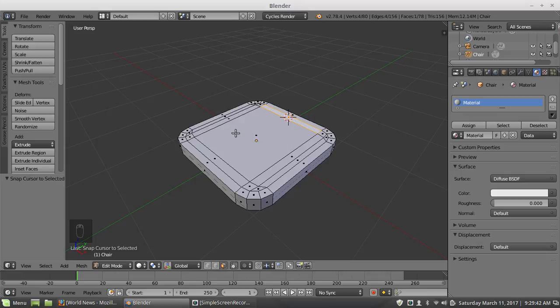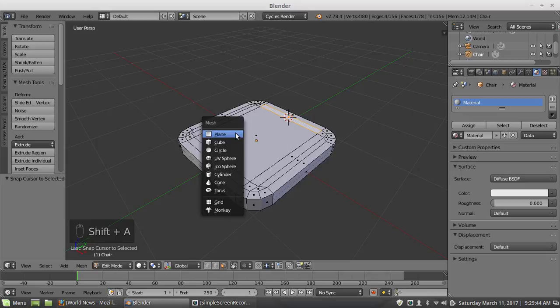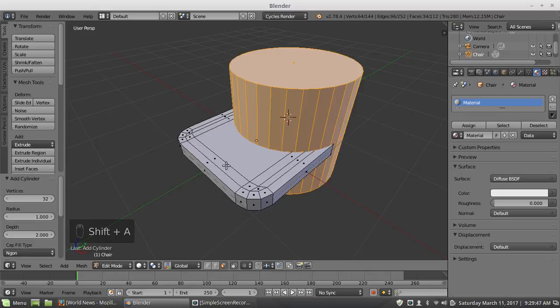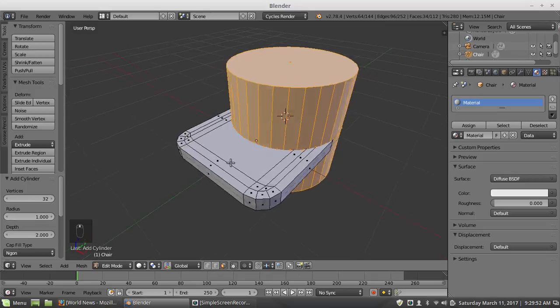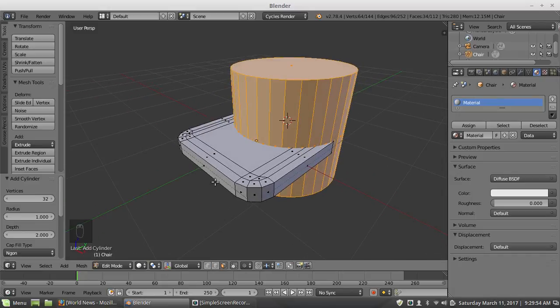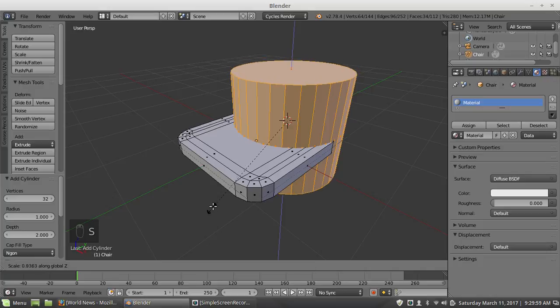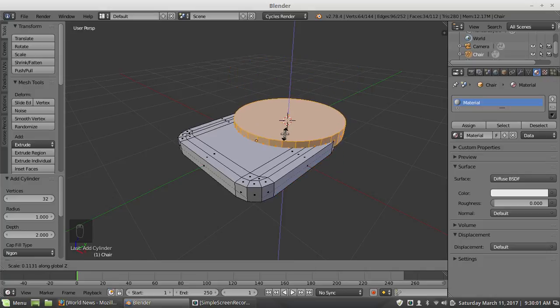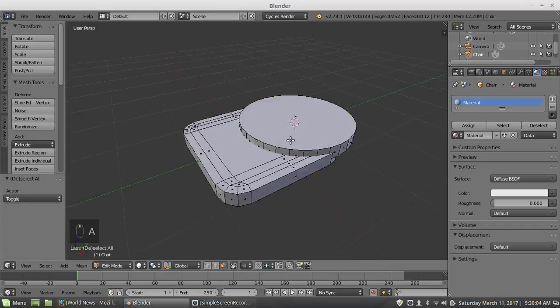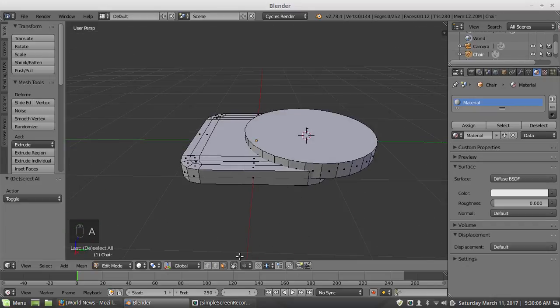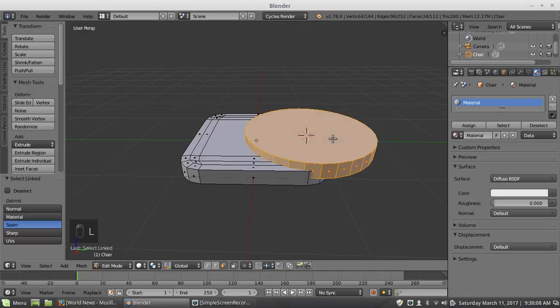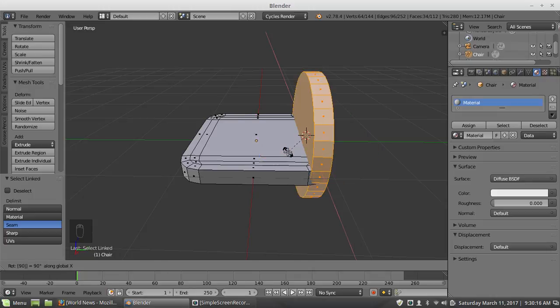And where the cursor is, where your new object will be added. So I'm going to add a cylinder, and the vertex count and all the other stuff seems about fine the way it is. So what I will do is just scale it on the z-axis, make it thinner, and deselect it, and I am going to rotate on the x-axis, and I'll make that 90.